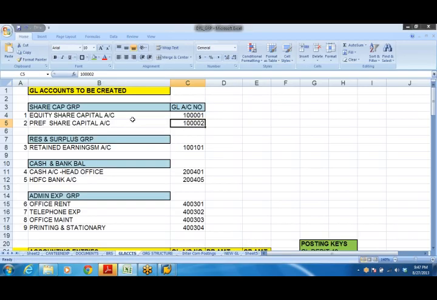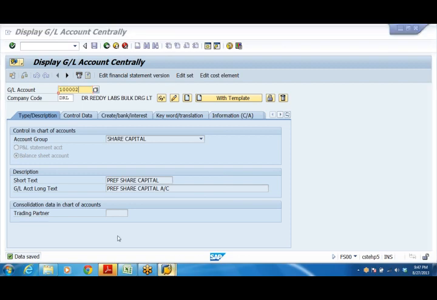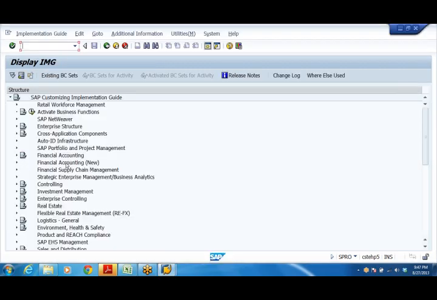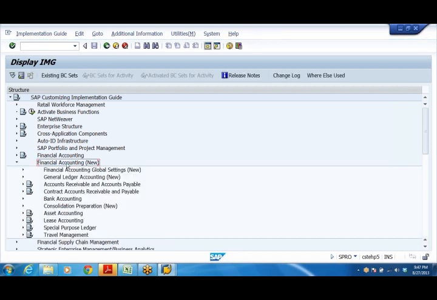Now next I want to create retained earnings account. So retained earnings account, 1 lakh 101. This we have already explained to the system, if you remember. In financial accounting, OB63 is the T code if I'm not wrong.